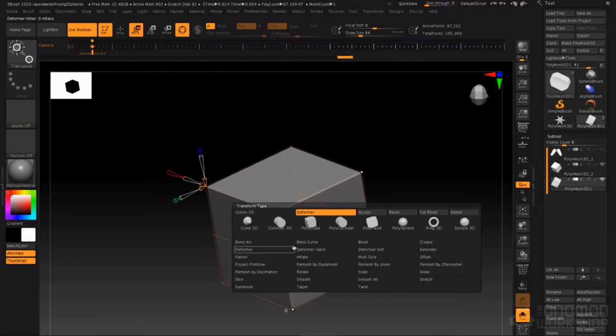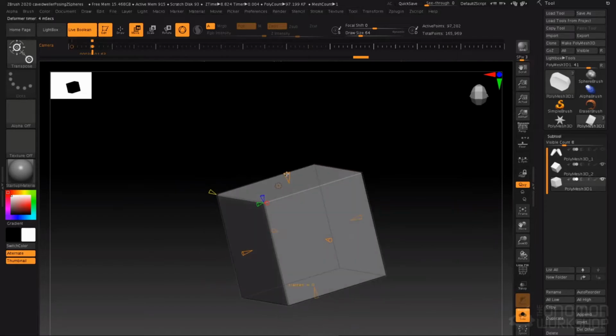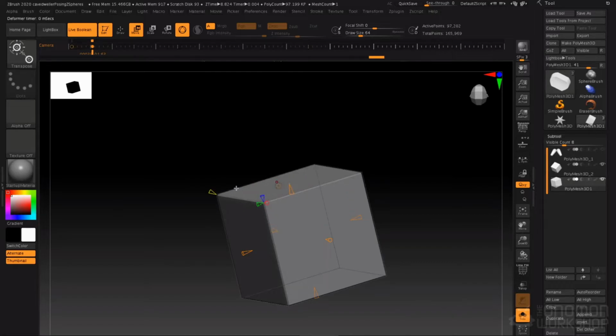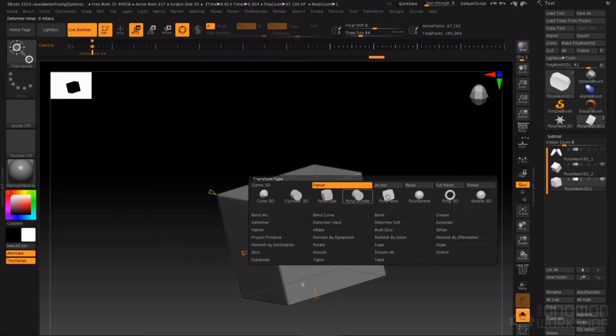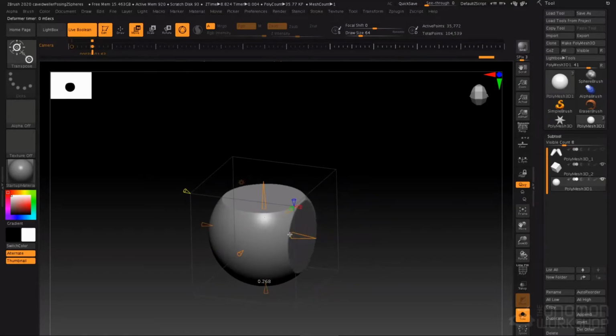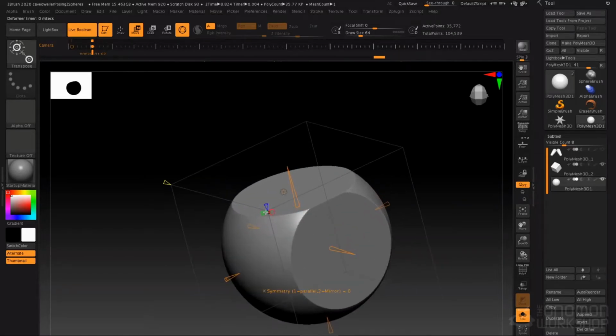Going back to the gear, we can access the rest of our deformers here. Flatten is a particularly nice one. Flatten, you use these cones to actually flatten portions of the mesh. So let's change this primitive now to a polysphere. Let's turn up our resolution, and then let's go to flatten. And now if I use these cones, I can slice off portions,